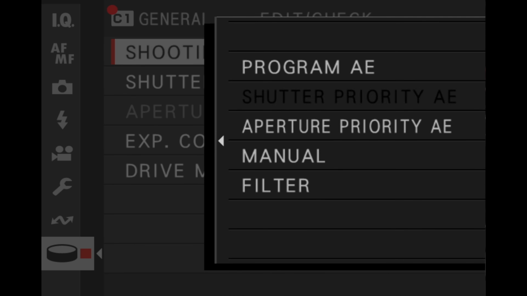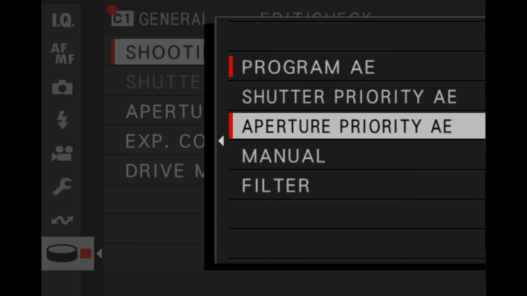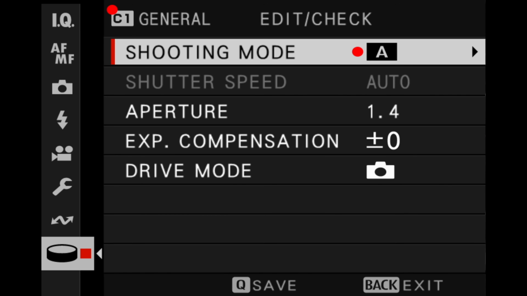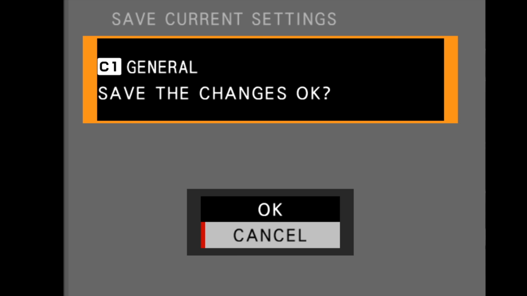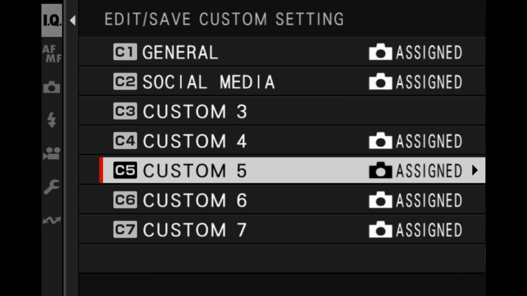If I choose shutter priority, now I can choose my shutter speed and aperture goes gray. So I will go ahead and set my shooting mode to aperture priority, and notice that there is a red dot. That means I need to save it. So if I go back, save current settings, boom, and just continue setting these up as you get down the